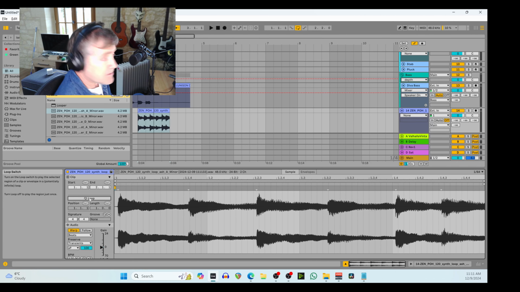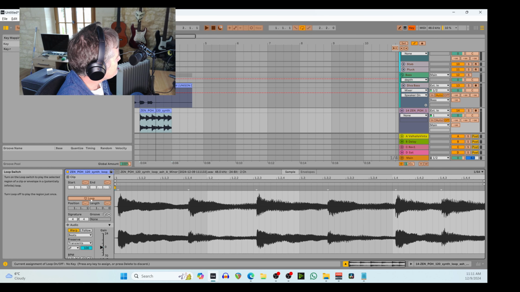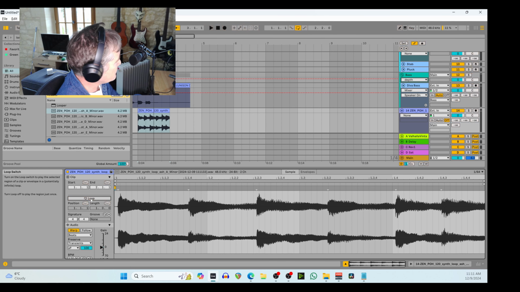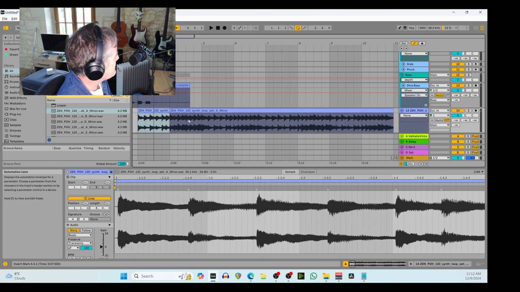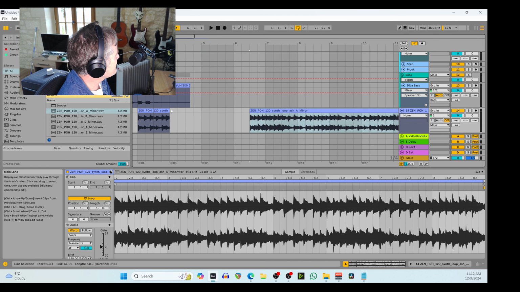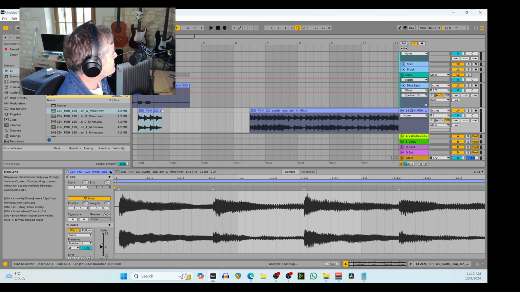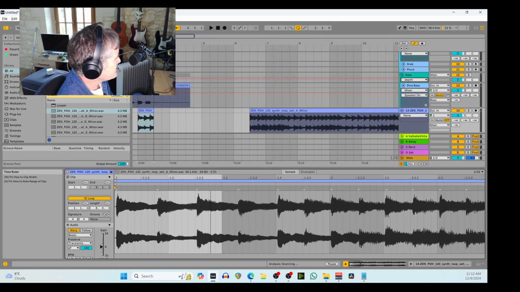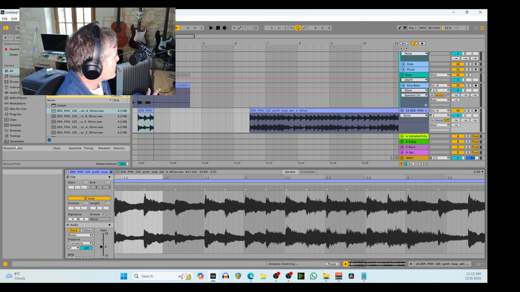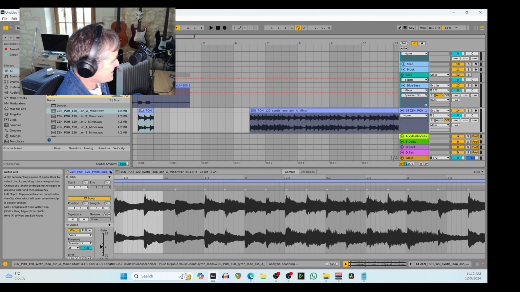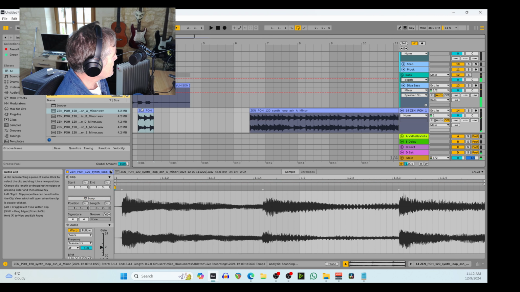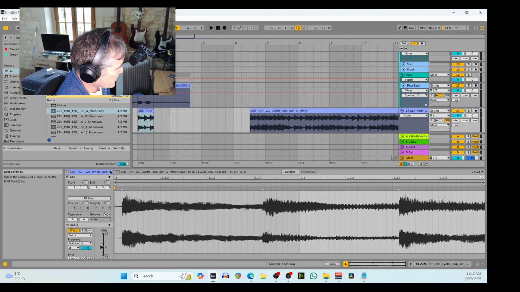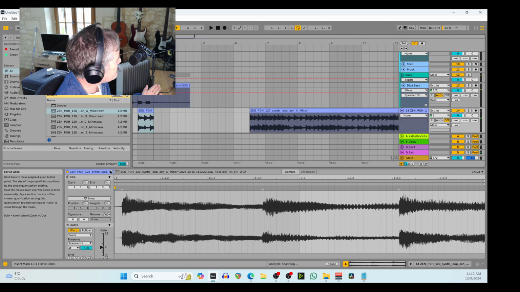But what we could do is map our keyboard macro, our key map, to here, and select this and use L, for example, as our loop point. So let's just go back a minute and say we got this piece and we're working on it and we've sliced it and we messed around and we said, right, this is the loop point that we actually want. You'll see that the markers are now all over the place, but we're happy that this is the piece that we want. We can then go here, hit our Control J, which will consolidate that entire piece, put the loop points where we want them or need them, and then we can hit